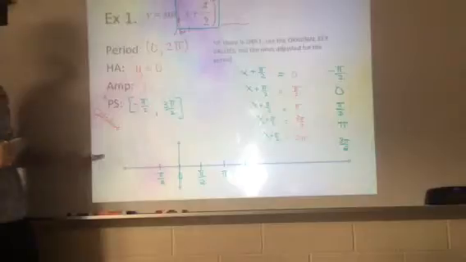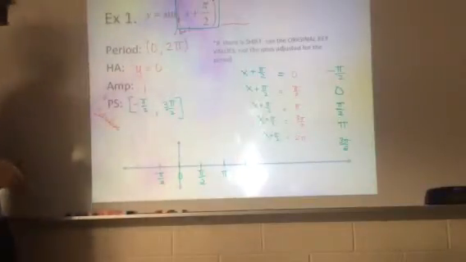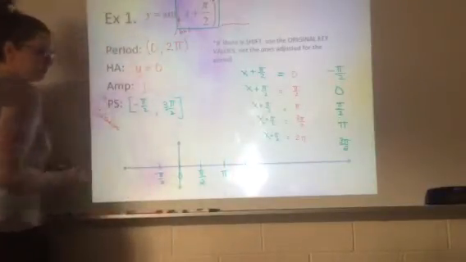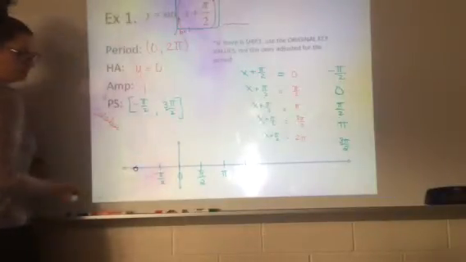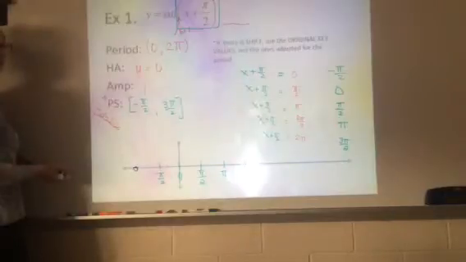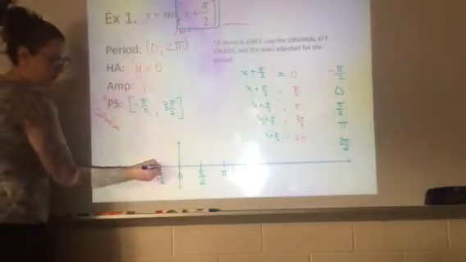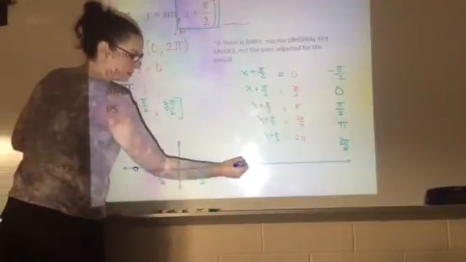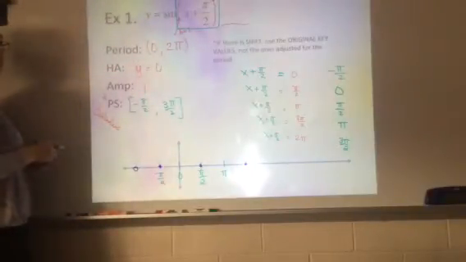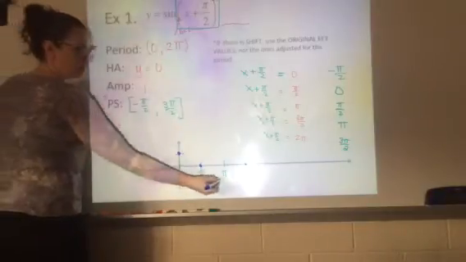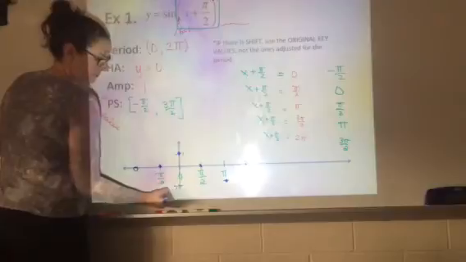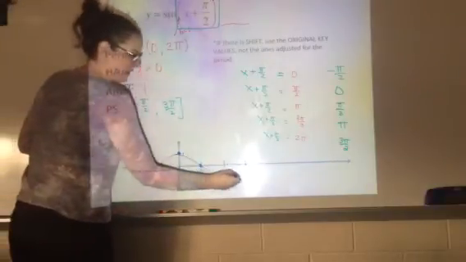So let's talk about your center line. What is the value of the center line? y equals 0. So this is going to be a 0 line. When I go to graph sine, how many key intercepts are there? 3. The first, the middle, and the end. What is my amplitude? 1. So from here I'm going to count up 1. Here I'm going to count down 1. So I'm going to go up, I'm going to go down, and I'm going to come